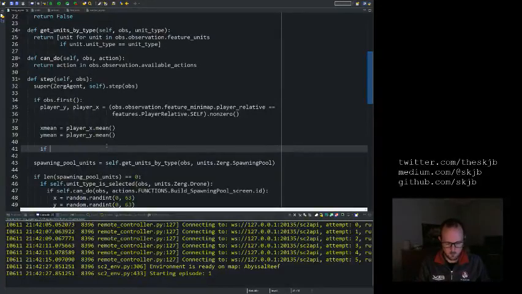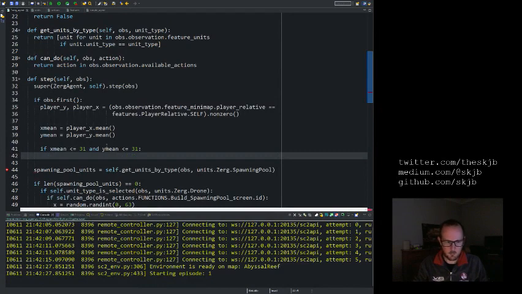For this map, we can say if xmin is less than or equal to, say, 33, and ymin is less than or equal to 31, because this is 64 by 64. So half of 64 with a 0 base is 31. Then self dot